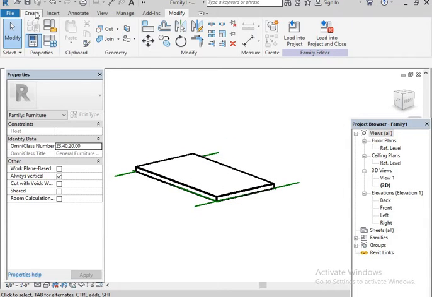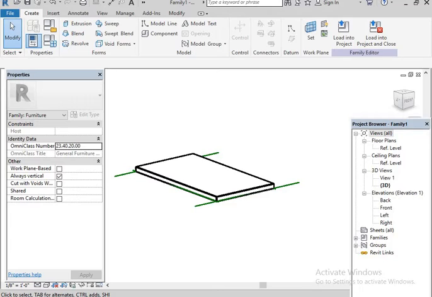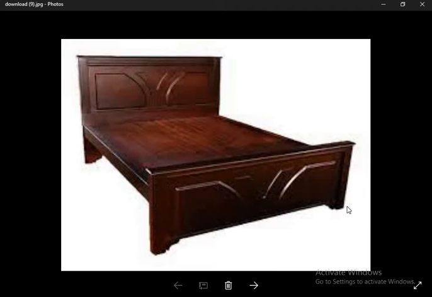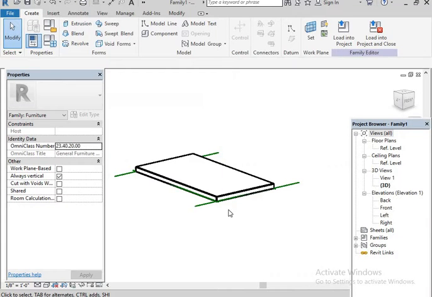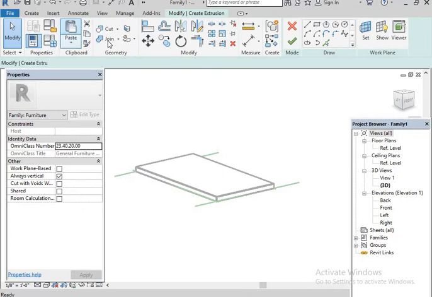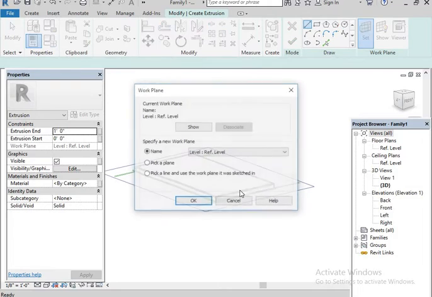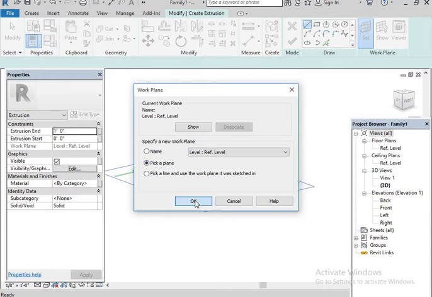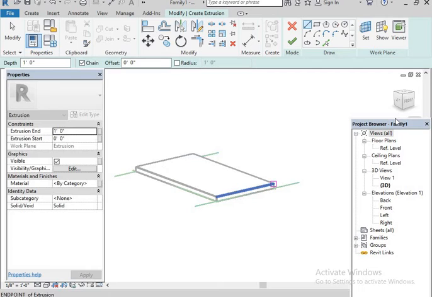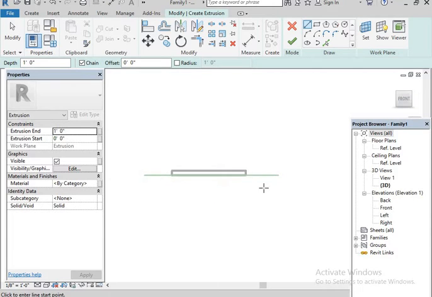So for that, again go to the Create option. See here, observing this cot, this is like a panel. Okay, first I'm going to create this one. Go to the Revit software, Extrusion, Set Work Plane, Pick a Plane. Okay, this is our plane. Then go to the front view.